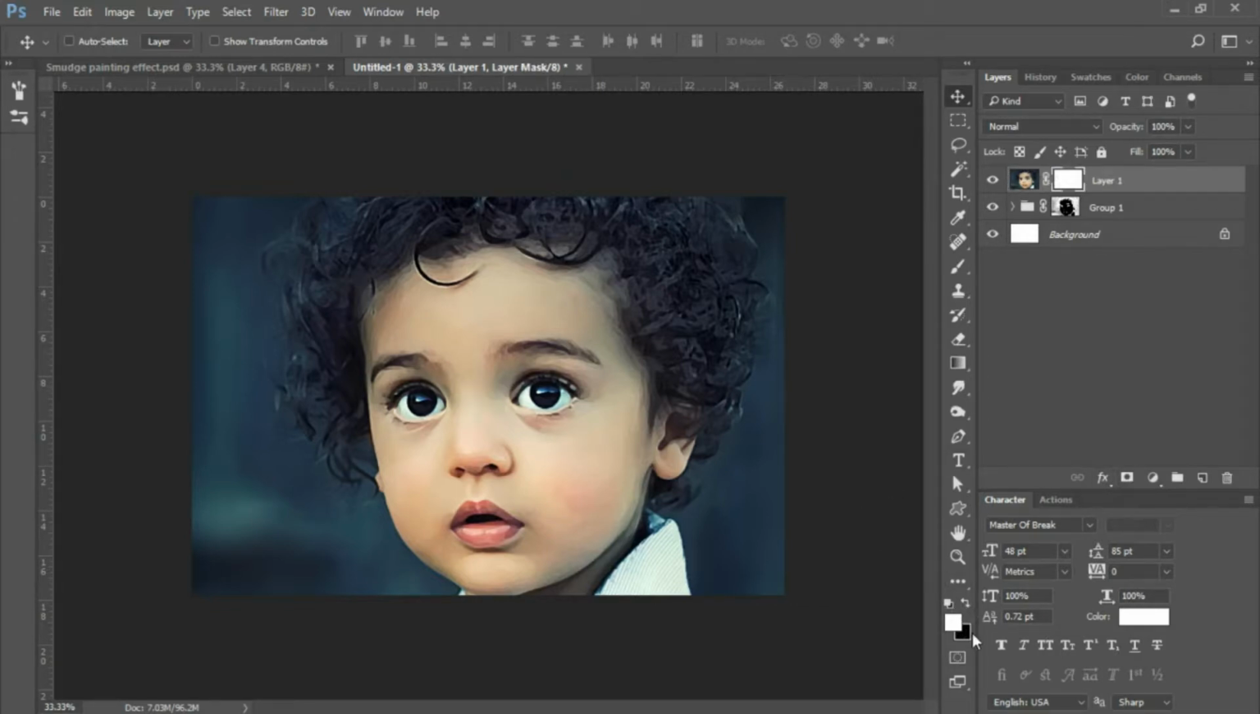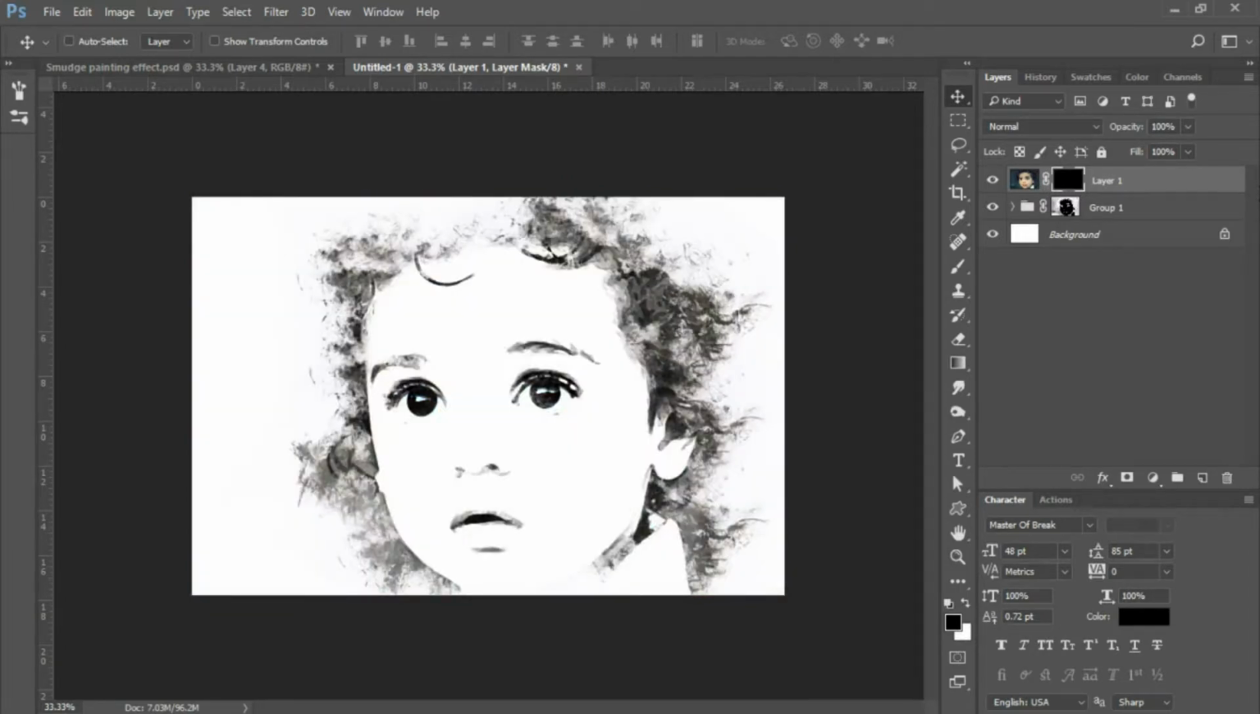And we're going to toggle our foreground and background colors. So I'm going to put black as my foreground color, and I'm going to press Alt and backspace. As long as I have my mask selected on my subject layer, I'm going to press Alt and backspace. And we're going to begin painting with white to reveal what's on our subject layer, because we want to add